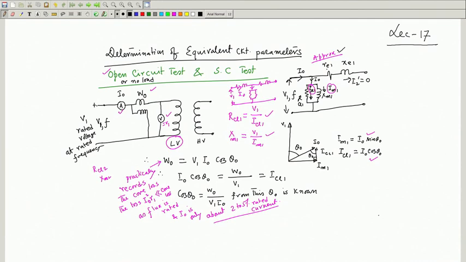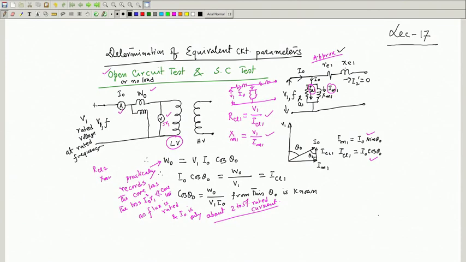Now, this equivalent circuit can therefore be used to analyze a circuit which involves a transformer, and it is easier. So, the equivalent circuit is always drawn referred to a particular side. For example, here, the big question is how to determine the parameters of this equivalent circuit. I will very quickly tell you about one of the tests,